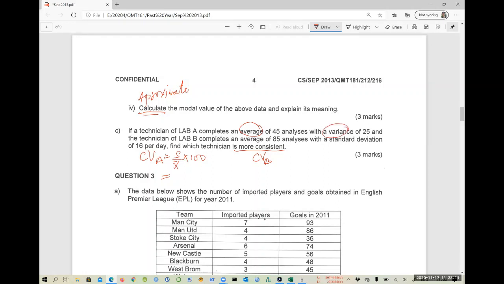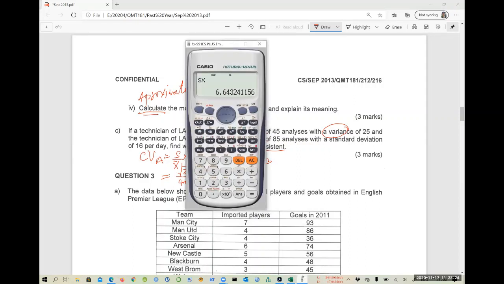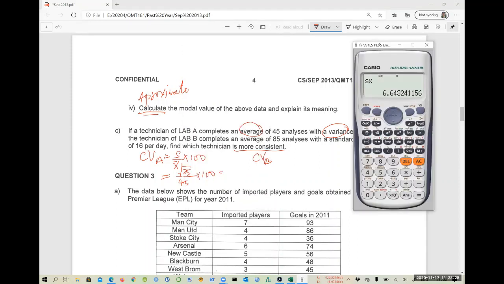So remember, you have to use the standard deviation. So that means this is square root of 25 divided by 45 times 100. Okay, so bring up my calculator. So in this case, I have 5 divided by 45 times 100. So why 5? Because it's square root of 25. So calculate this one, you get